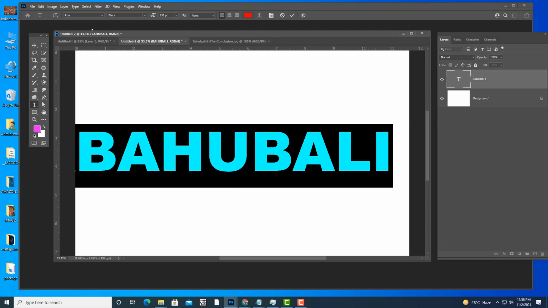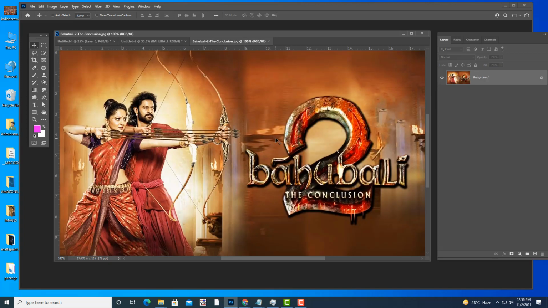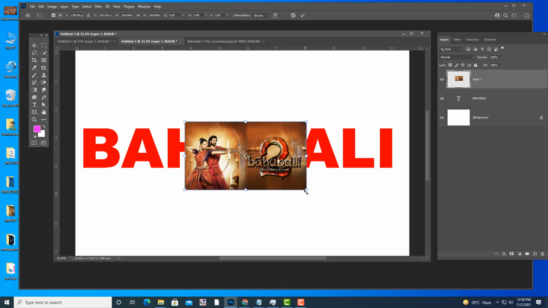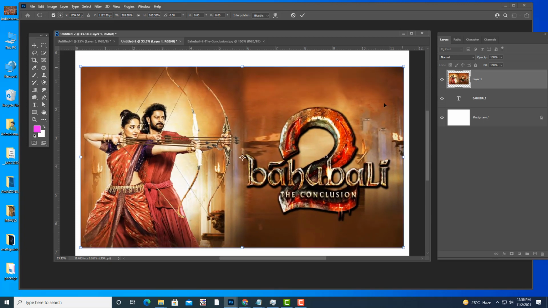So now see this, we will put this image inside the text. There are two methods to put an image inside the text.